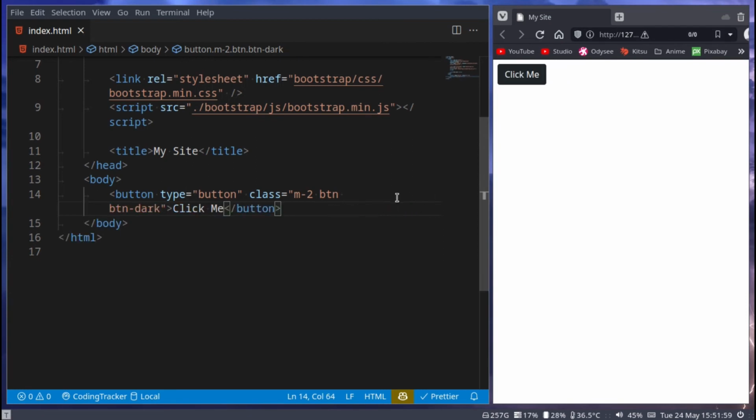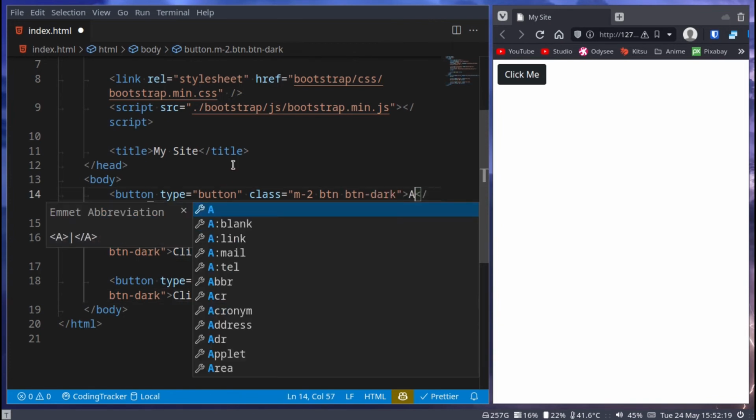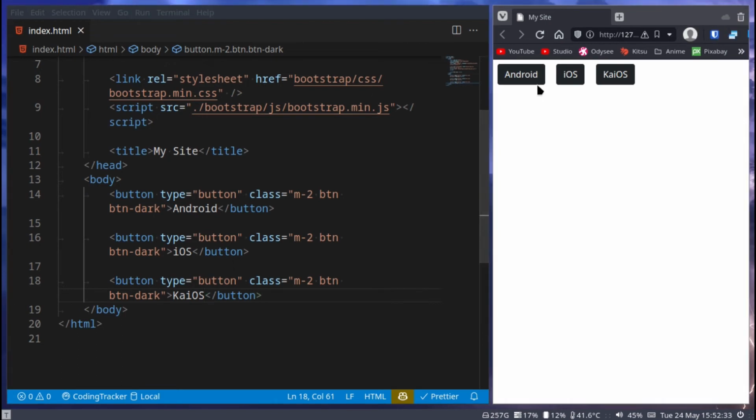Nice. Now, sometimes you have multiple buttons, but you want to group them together so they almost look like one button, but they're just buttons that aren't spaced out. For example, let's go here and say, this one can say Android, and this one can say iOS, and this can say KaiOS, which are all valid operating systems for mobile devices. Now by default, there are 3 separate buttons, which looks good, but they can also be seen as a category, so it would be nice if we could group them together and make them almost look like one big